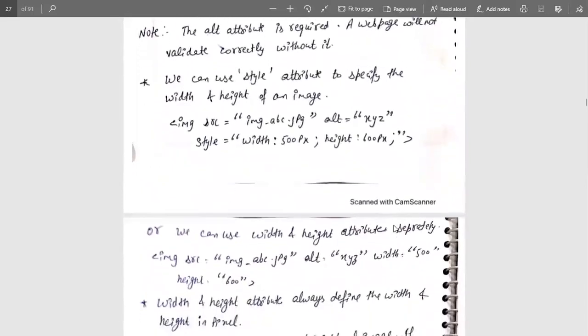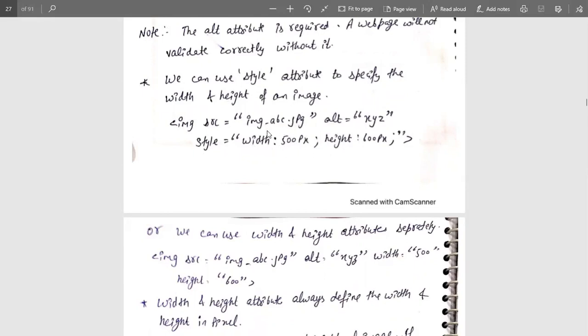To insert an image, we can also add a style attribute that describes how much width and height we want for the image. This is done with the help of the style attribute. Here is an example: in the image tag, when the source is defined and the alternative text is defined, after that comes a style attribute that contains a value, and that value is of width as well as height.